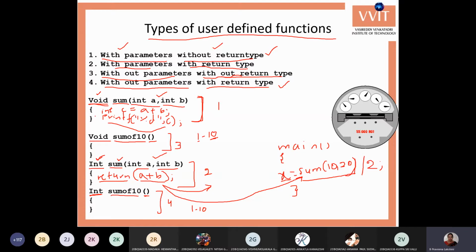Void sum, within the brackets int a comma int b, close the brackets, open curly brackets, int c equals a plus b, printf, percentage d within the double quotes, percentage d comma c, close the brackets, semicolon.